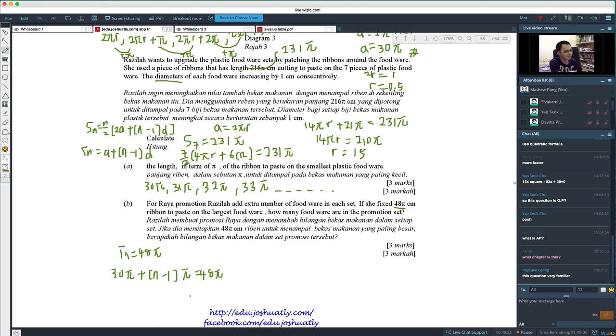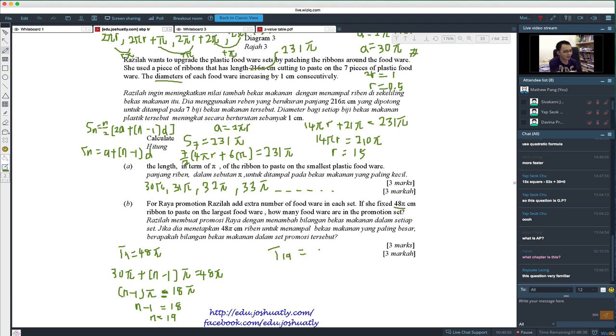Okay, so I will solve this one. So my (n minus 1)π, I move the 30π to the other side, I will get 18π. This one actually is equal, just very hard to write equal using the tablet. So my n minus 1 is basically equal to 18. My n equals 19. That means the 19th term, the term 19, basically I will have